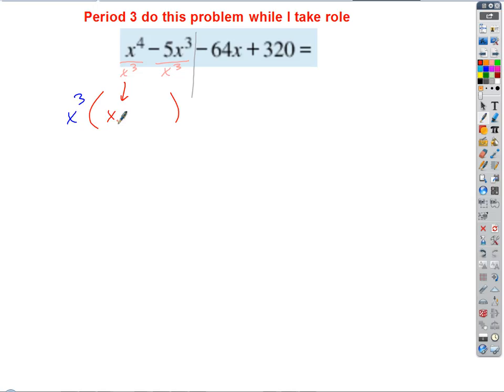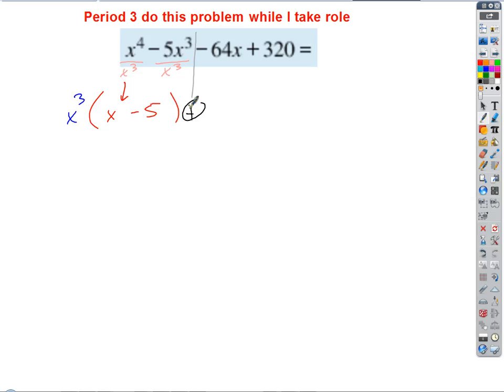X. Good. And then negative 5x cubed divided by x cubed? Negative 5. There you go. Plus